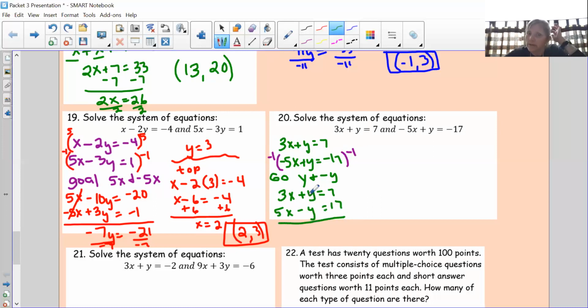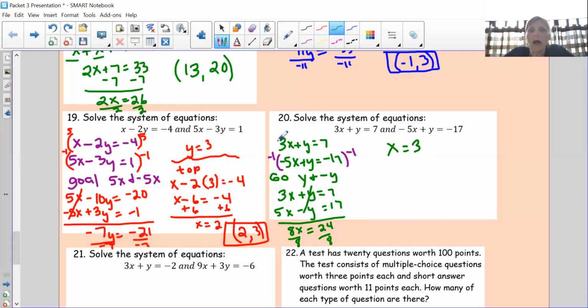Okay, here's where this works. I have a positive and a negative y, which subtracts away. Then the rest I add down. 3x plus 5x is 8x. 7 plus 17 is 24. And if you divide by 8, x equals